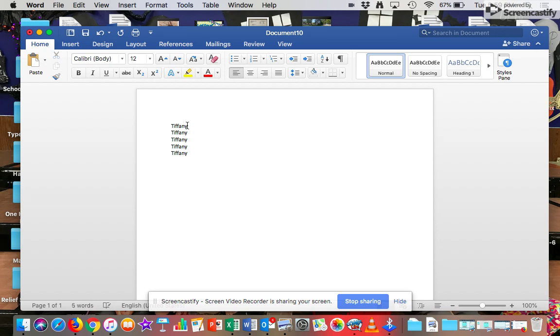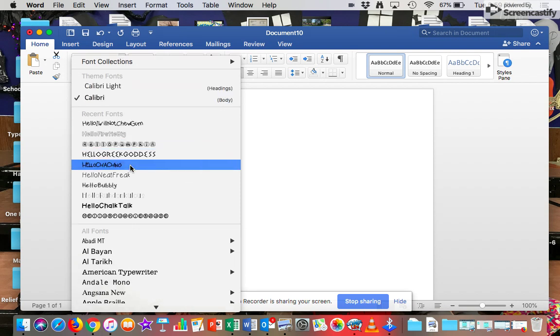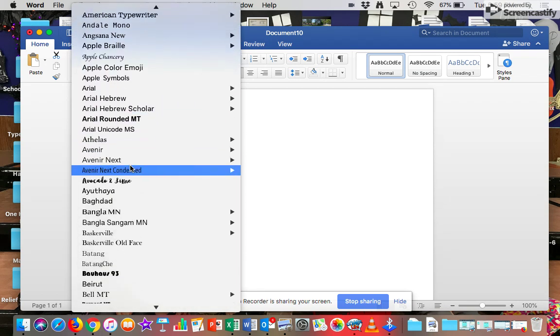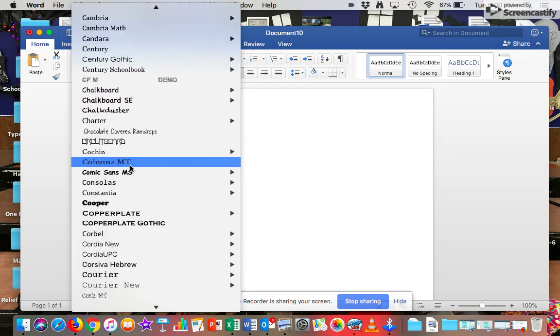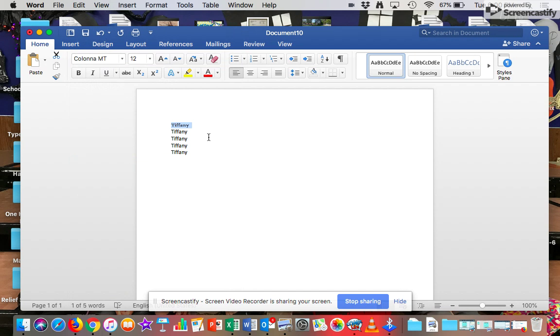Our goal today is to be able to change our font and our size. So you are going to click on the right side of your name and you are going to drag your mouse across. You will know it's highlighted when you see that it is blue. You're then going to come up, and if you look right here, it says Calibri. You will click this arrow and it will drop down and you will be able to see all these cool, fun fonts. You can pick whatever font you like to change your name to, and now you've got a new